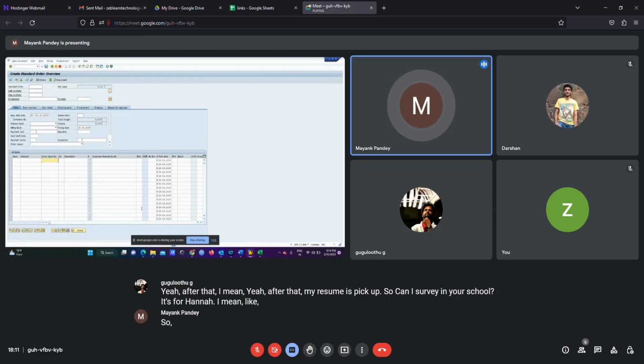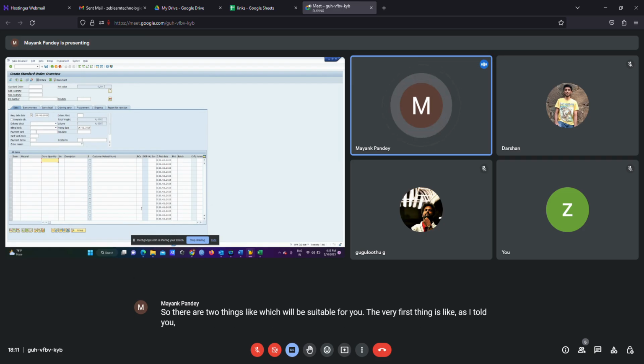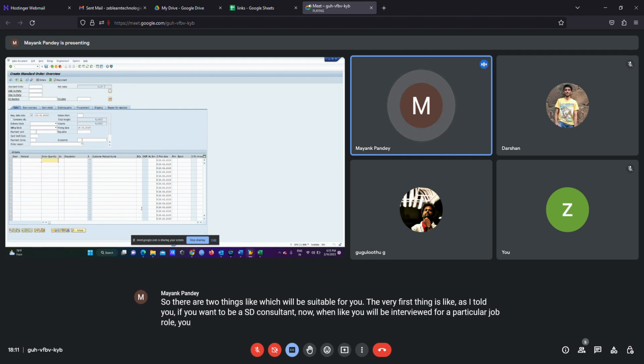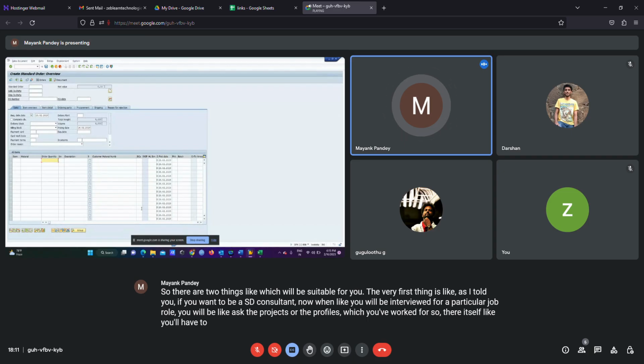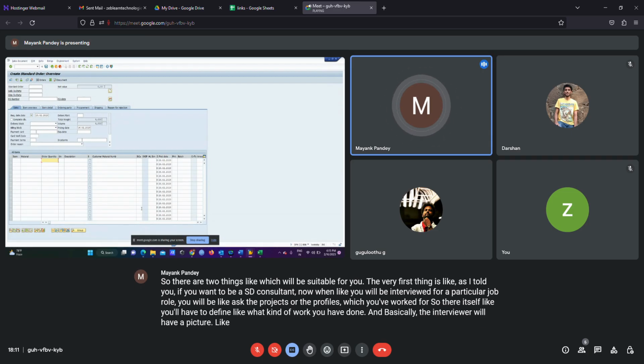So there are two things which will be suitable for you. The very first thing is, if you want to be an SD consultant, when you will be interviewed for a particular job role, you will be asked about the projects or the profiles which you have worked for. There itself, you'll have to define what kind of work you have done, and the interviewer will have a picture of exactly what background you have worked in.